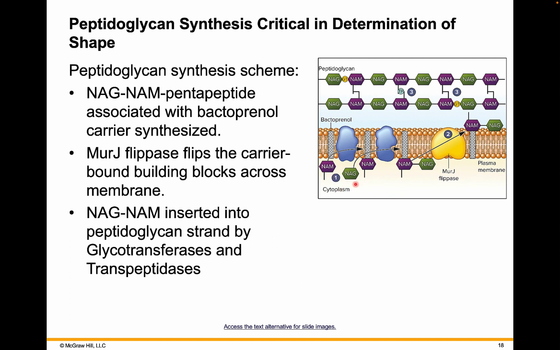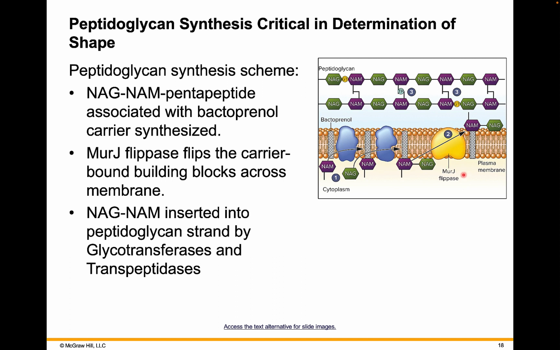So N-acetylmuramic acid and N-acetylglucosamine are synthesized inside the cytoplasm, and they are transported to the inner surface of the plasma membrane, where they are attached to these bactoprenols. These are membrane-bound lipids. Here you can see a bactoprenol associated with the NAM and NAG subunits. Now this bactoprenol and the NAG-NAM unit, the entire part,